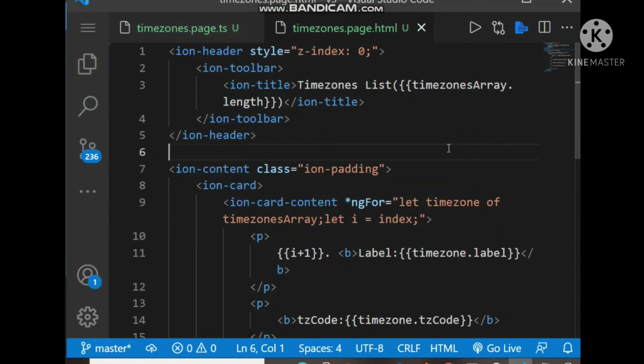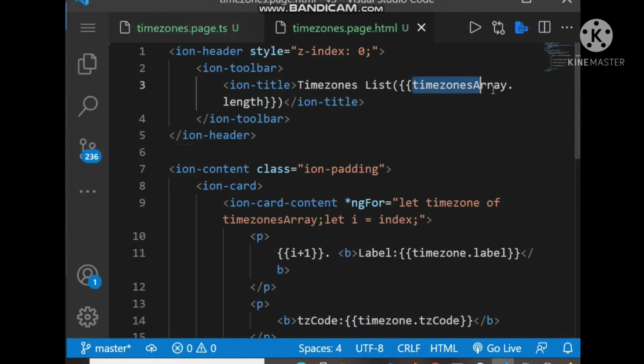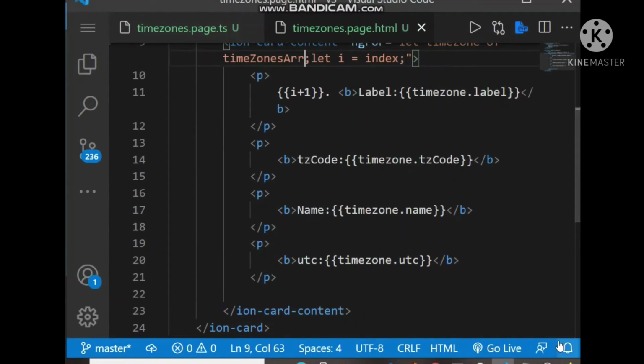So it will show how many time zones are available in the array. So let's run first. Later we will call the API after this. A spelling mistake of the time zones, so let's fix it. So I think all is okay now. So let's check on the browser.